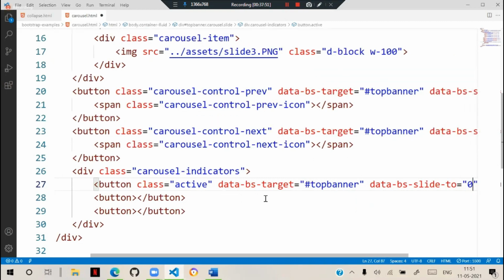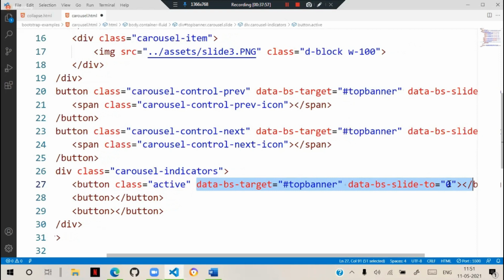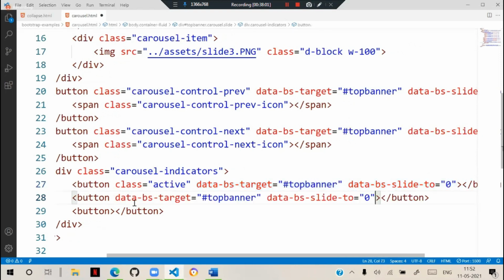This is 0. This is the first one. Similarly, the others also. I will copy that, and this button is slide to 1. This button will slide to 2. Like that, we need combinations for them, so we need to configure that as button.